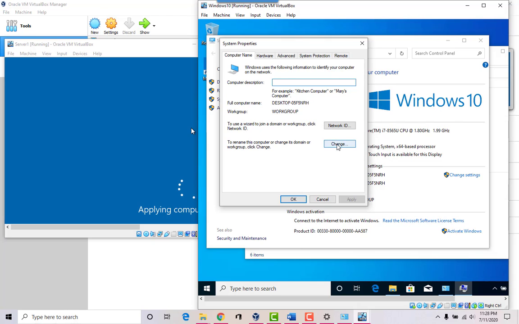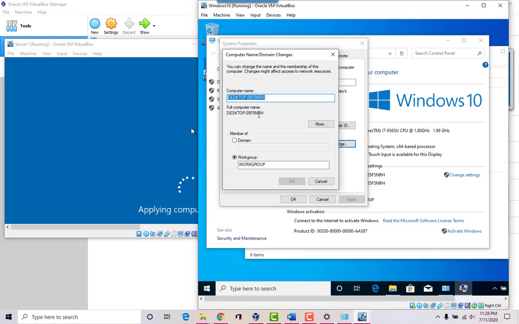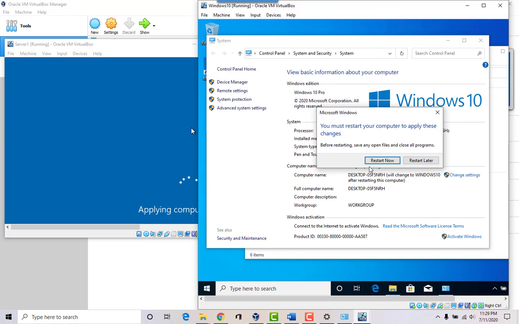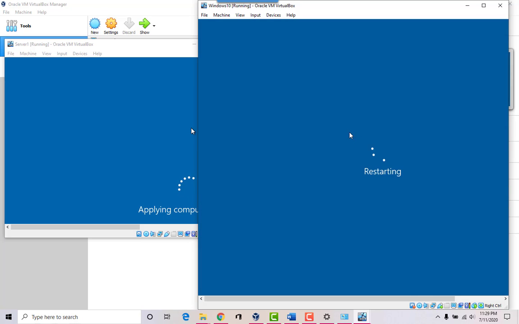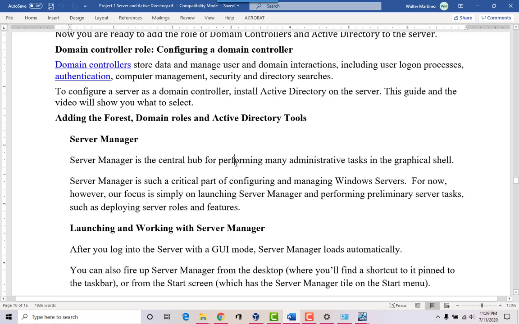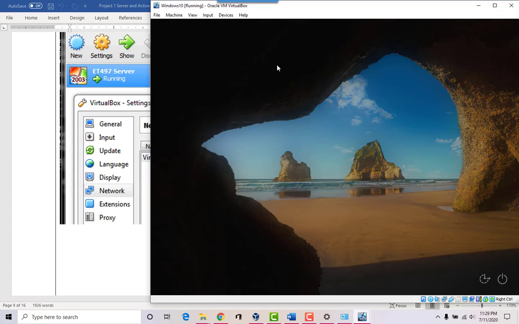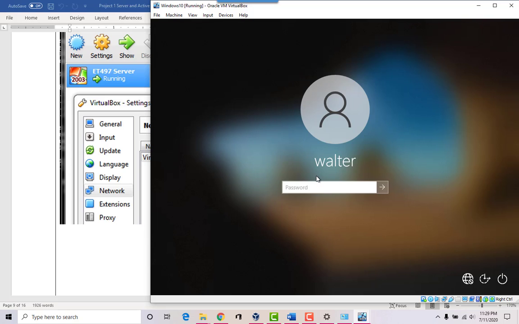Let's click on change and then just call it Windows 10. Okay, it's going to reboot it. Alright, because according to our instructions we are to name it Windows 10. Okay, and our good old CSULB 1949.